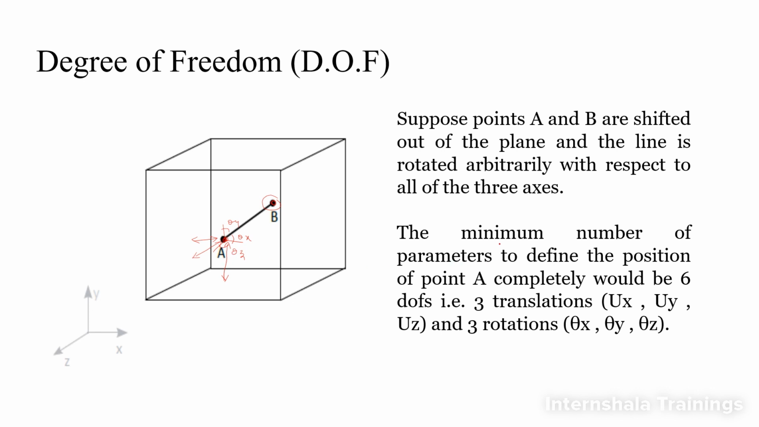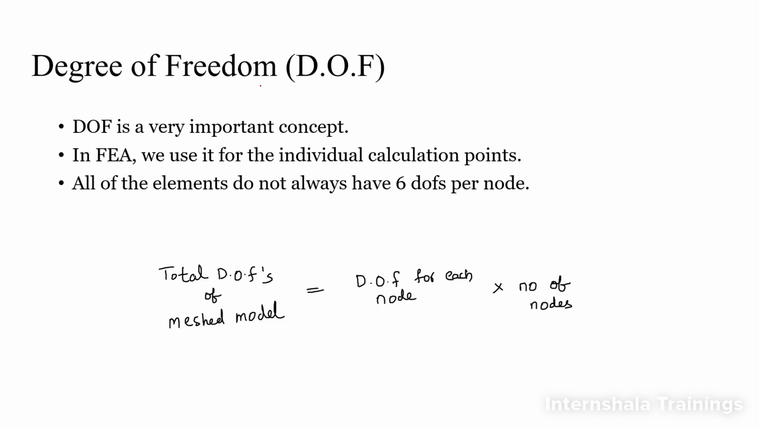So the minimum number of parameters that are required to define the position are nothing but 6, where 3 are translations which are represented by ux. Ux means translation in x-axis, uy translation in y-axis, and uz, which is nothing but translation about z-axis. Then rotations as well, theta x, theta y, and theta z. Next,